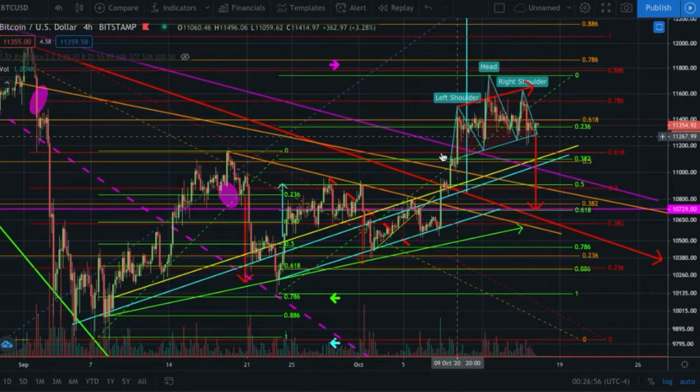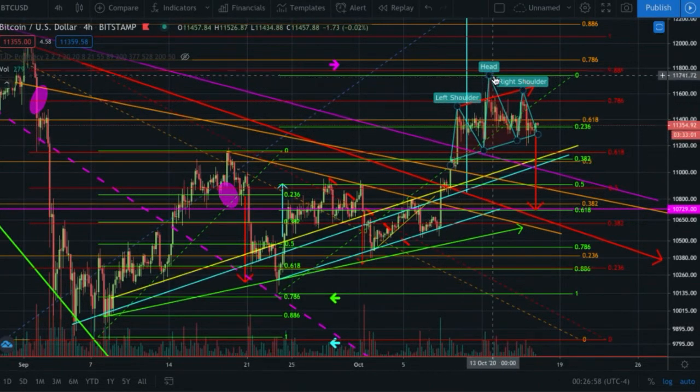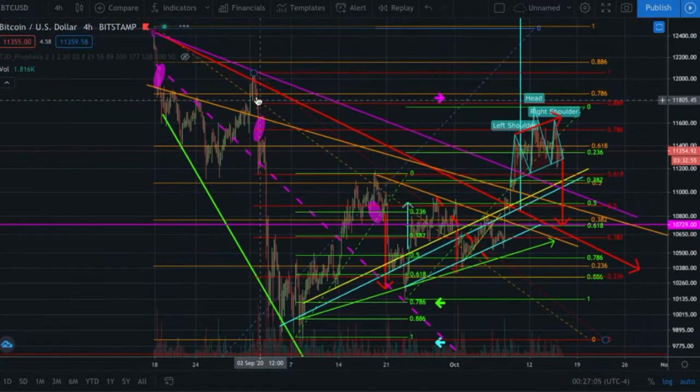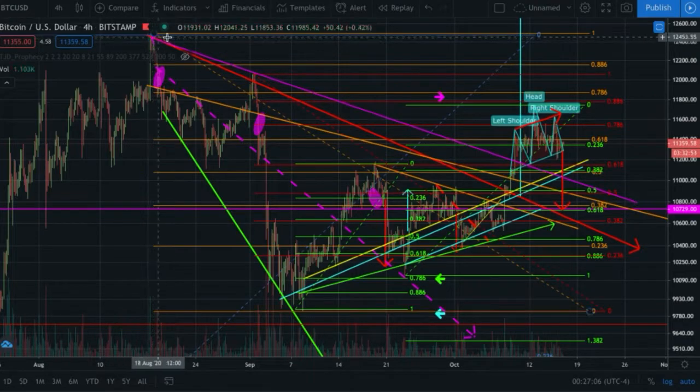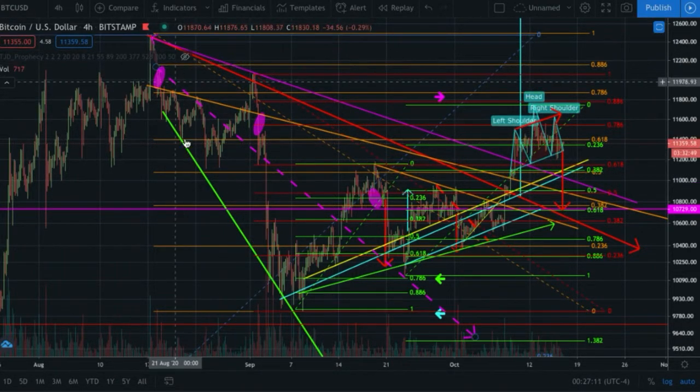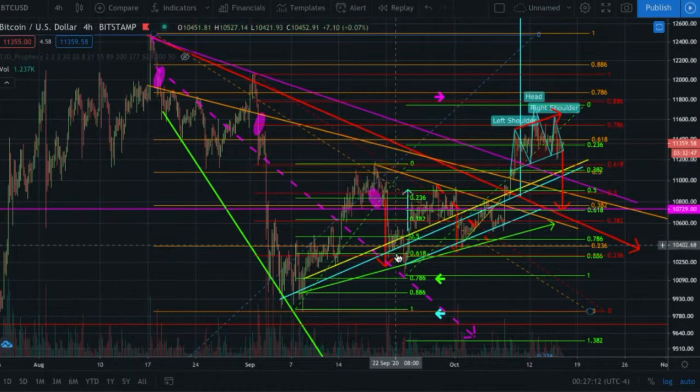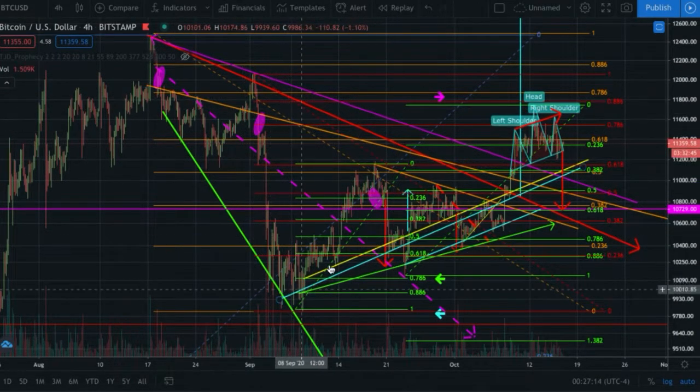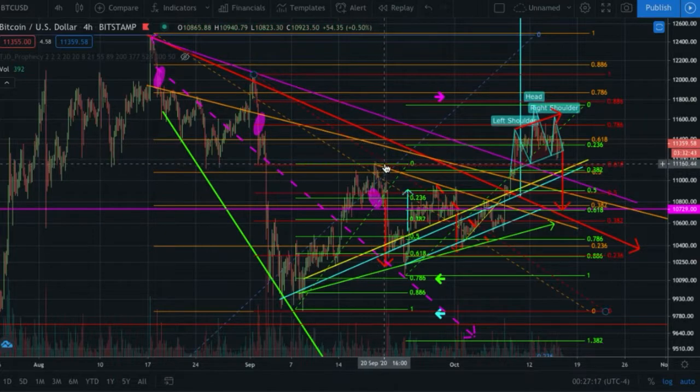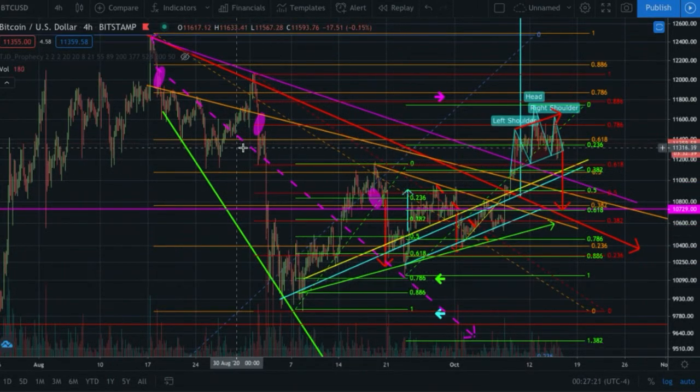Now, in the event that this underperforms on the sell-off or does not sell off as much as the measured move, that would correspond with this descending purple line, which was from our top point, our second point, and that was what was forming essentially our descending broadening wedge. And what I had said was, when we came back down, came up to the top of the descending broadening wedge, and then found support on the central line here, or the heart line,